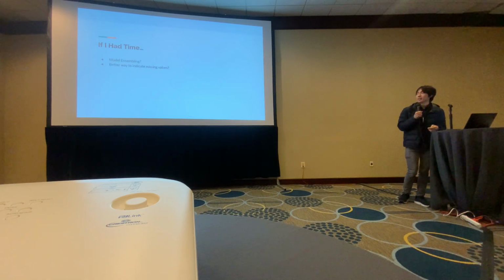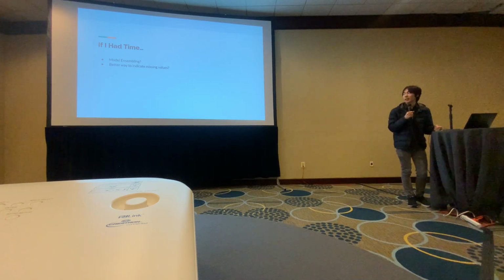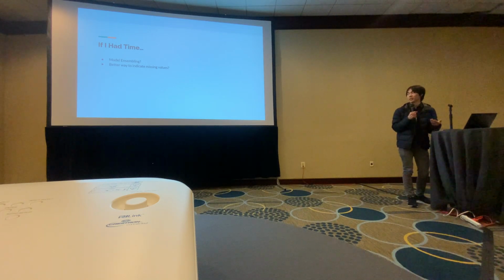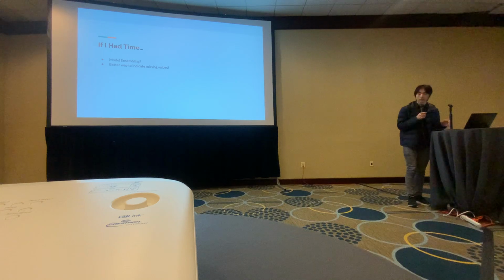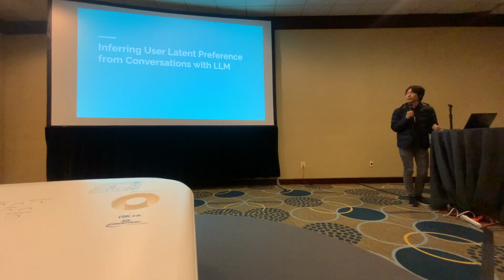And then, if I had time, I would have ensembled some of these models and maybe tried more ways to indicate missing values besides simply filling with a specific value, filling with the mean or median, I believe. Okay. Now, as for the other two, I'll start by talking about my approach to inferring user-related preference